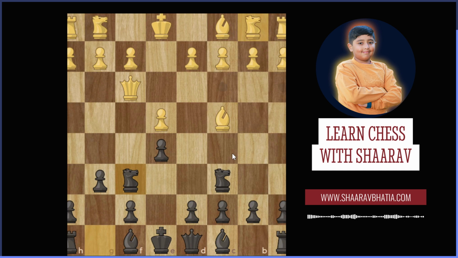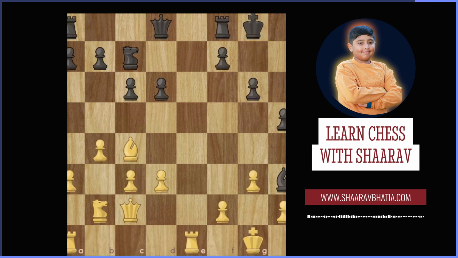Remember, look for checks, attacks, and captures. That's the best way you can win. Every single move, look for checks, attacks, and captures. You have to figure out why your opponent did what he did and stop that before playing what you want to do. In this second position,